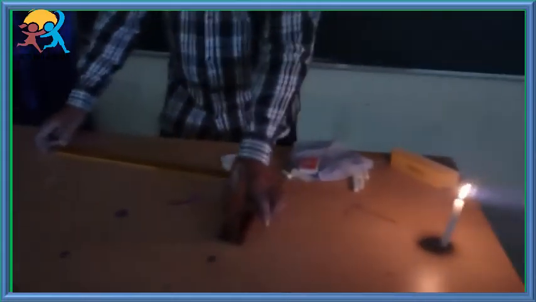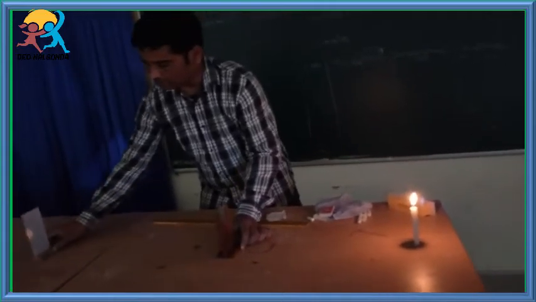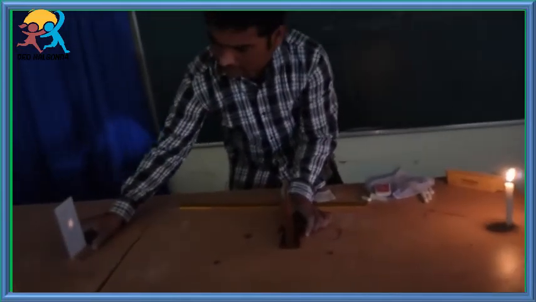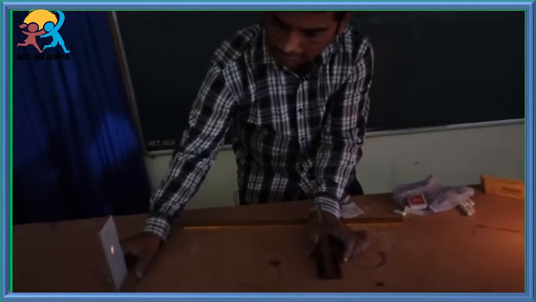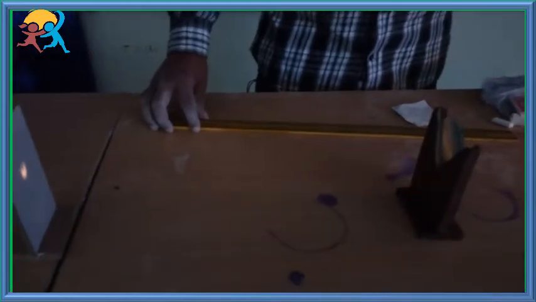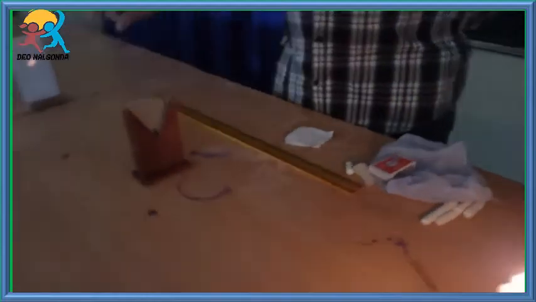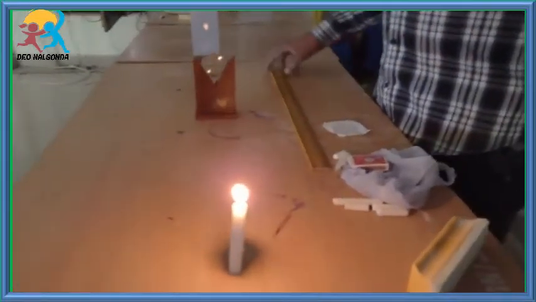Again you change the position of the object distance. Now find the position of the image. Now again you can find the inverted image forming on the screen.